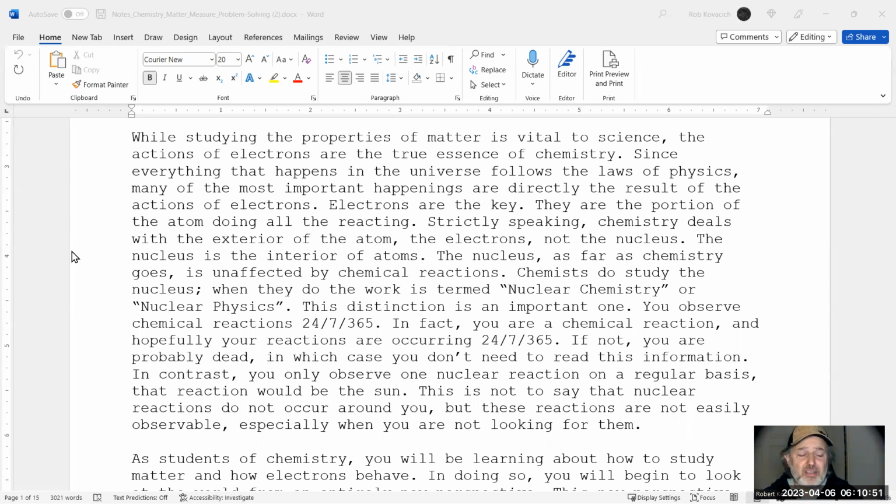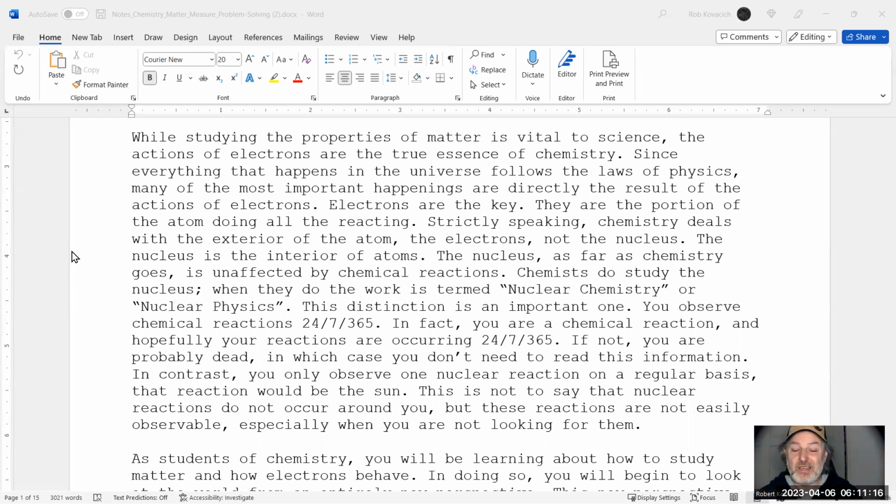So a nuclear reaction is, I had said earlier that nothing happens with the protons. During a nuclear reaction, something happens. If you were to take all three of these classes, in the third class, we would talk about nuclear reactions, but we're not going to in this one. So nuclear reactions are strictly not a chemistry thing. You could say it's nuclear chemistry or nuclear physics. But as soon as you throw the word nuclear in there, then we stop talking about electrons and we start talking about protons. That's the difference.